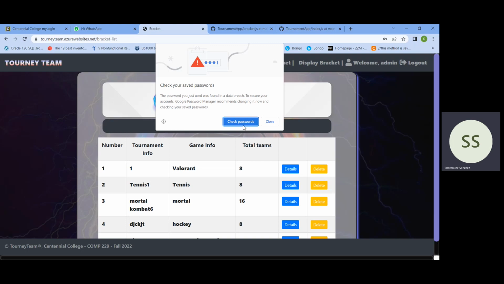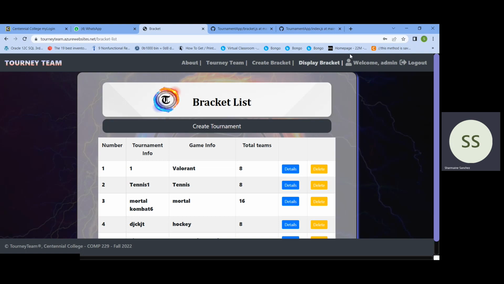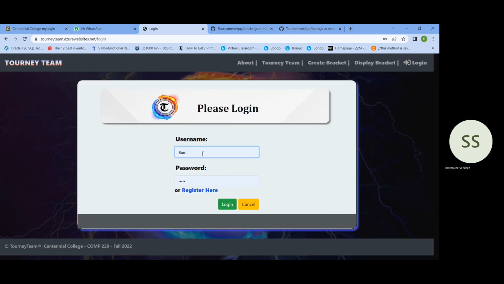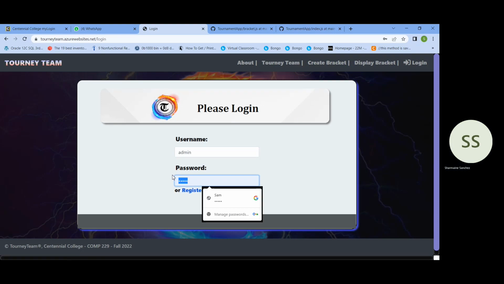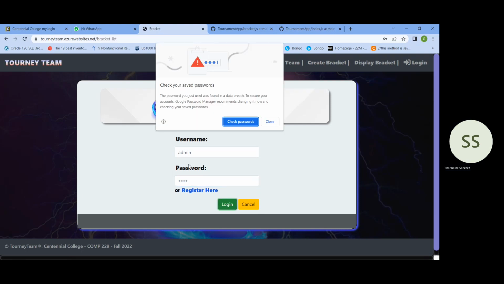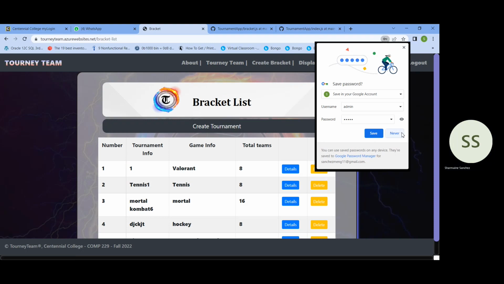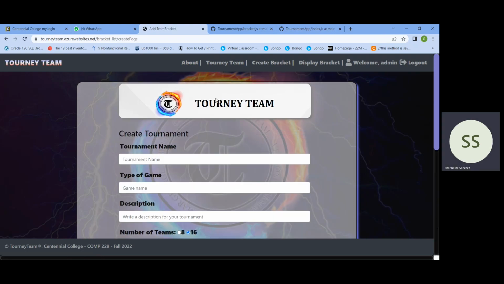Okay, then there's an alert. Now we are logged in. This is our name. If we log out, we can log in with the name we registered a while ago. There, and then log in. Now we are logged in again, so we can now create the names